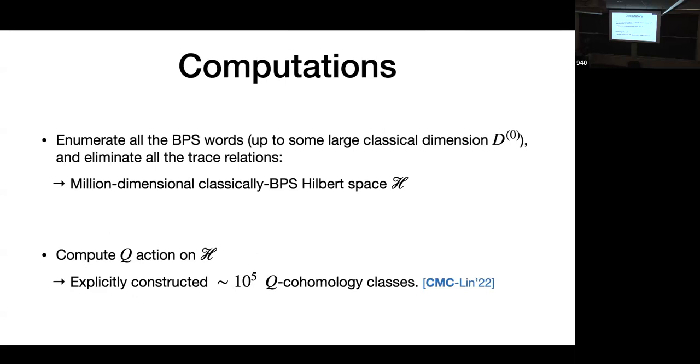Now the next question is to find the non-graviton cohomology. This is a straightforward problem, and I've already told you the setup, and you can just try to play with it. Take traces of these letters and derivatives, then compute the cohomology classes, and then eliminate all the cohomology classes that are graviton cohomology. But it turns out that this problem is computationally very hard, even for small rank.